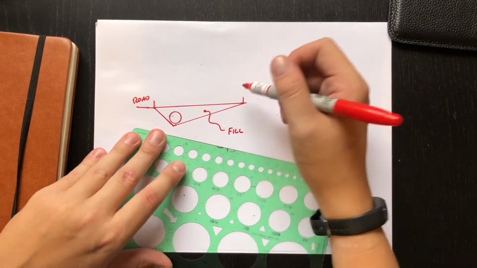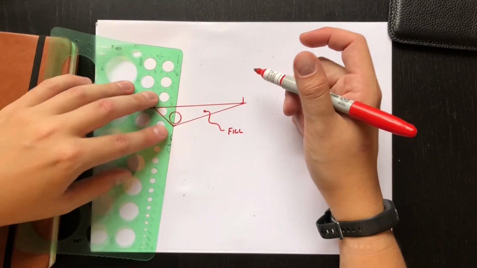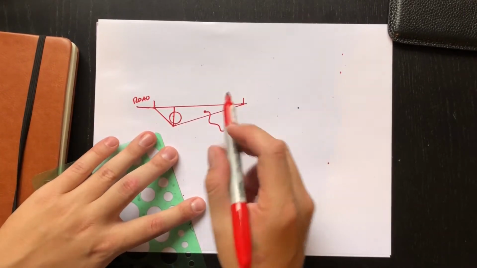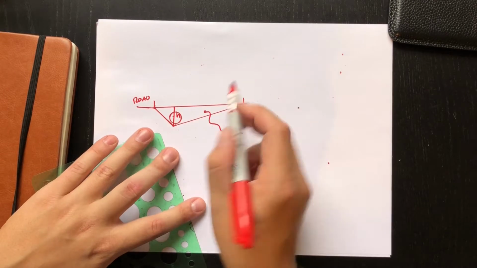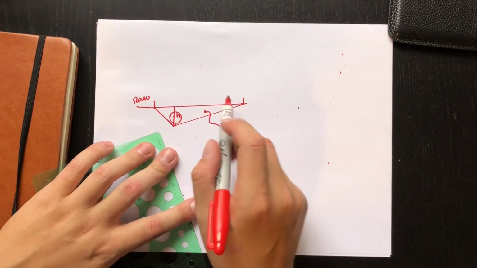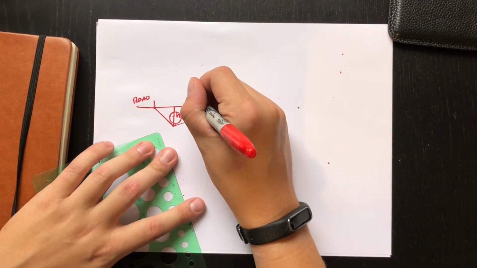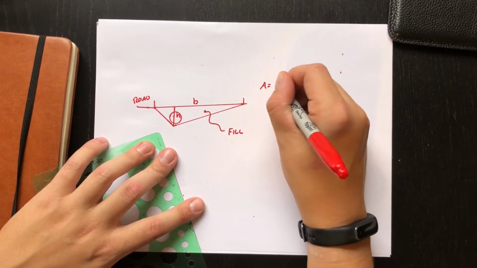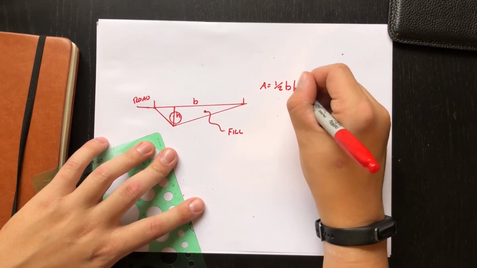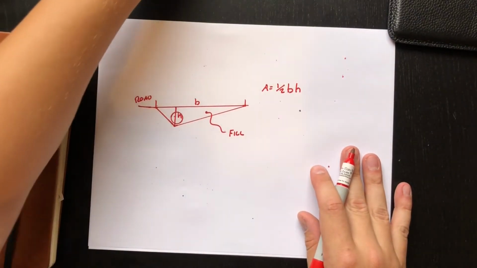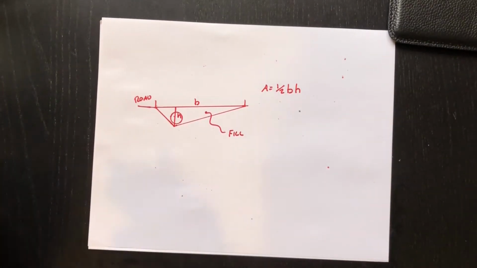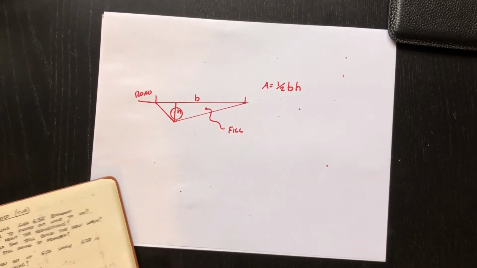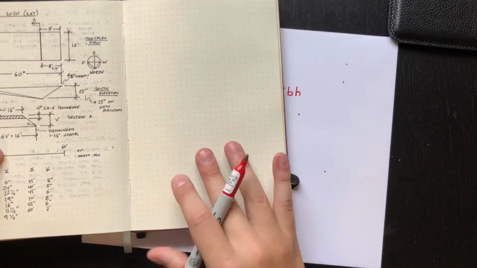And then I went with a tape measure and measured the height from the ground to the string line. So I have this measurement, which is my height, and I've got this measurement with a 300-foot tape, which is my base. And so my area is half base times height. So let's put some real numbers to this. I've got my actual measurements here in my notebook. So it's a little messy,